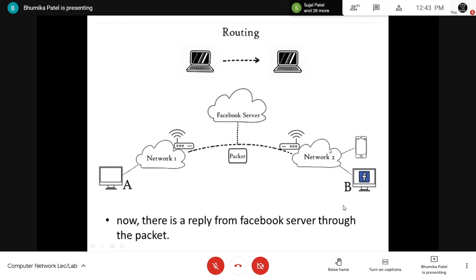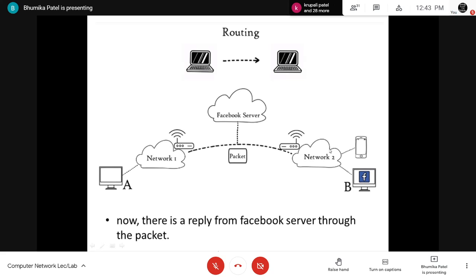So from this computer B, which is connected to network 2, I'm requesting for the website facebook.com. Then this message must go to the Facebook server, not to network 1. So obviously Facebook server પર, obviously this Facebook server જે પણ network થી connect થયેલો હશે ત્યાં એ message જવા જોઈએ, ના કે બીજા કોઈ network ની અંદર.